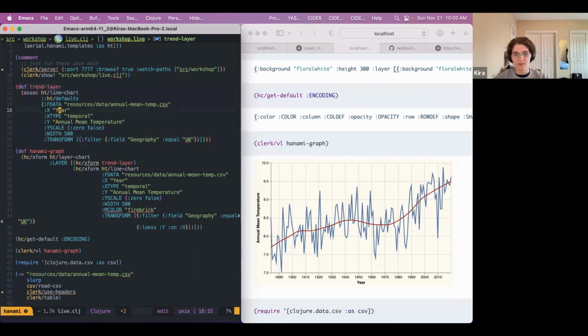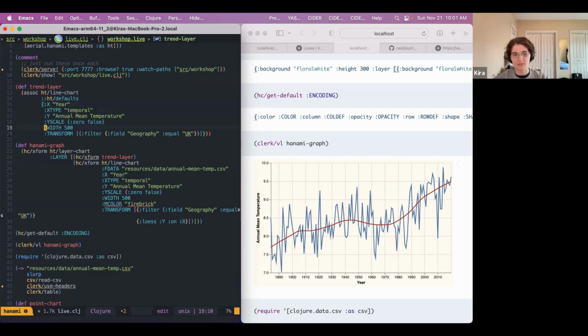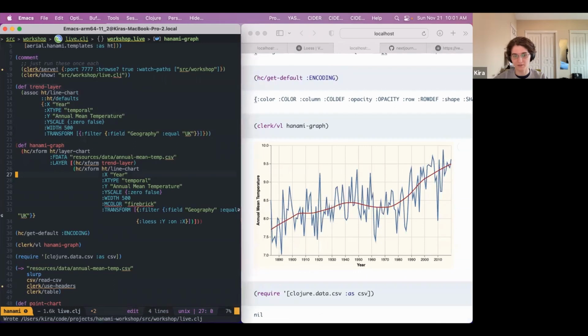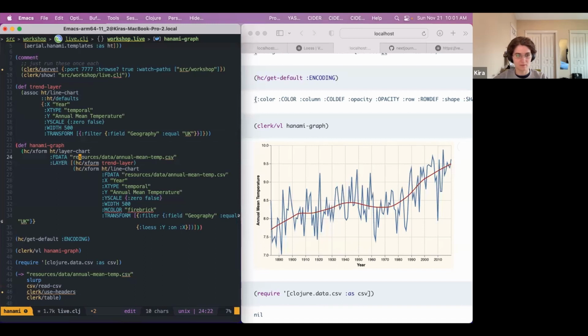Another thing we can do to make our trend layer simpler is that we probably don't want stuff that's so specific, like the data, for example. We can move that to the top level and out of both layers, and it should still work. That's probably pretty okay, this transformation. Okay, so now we've got this trend layer, but if we just make another one,